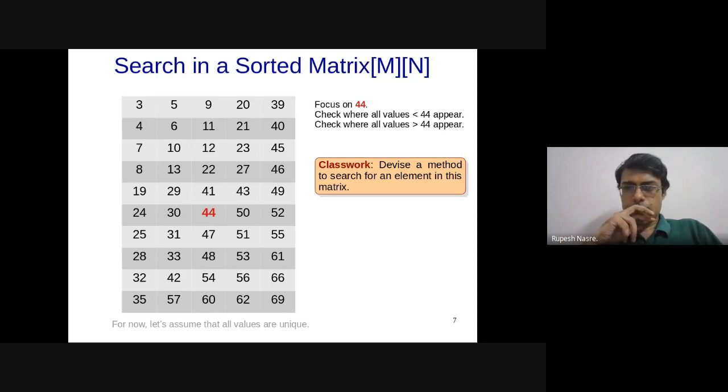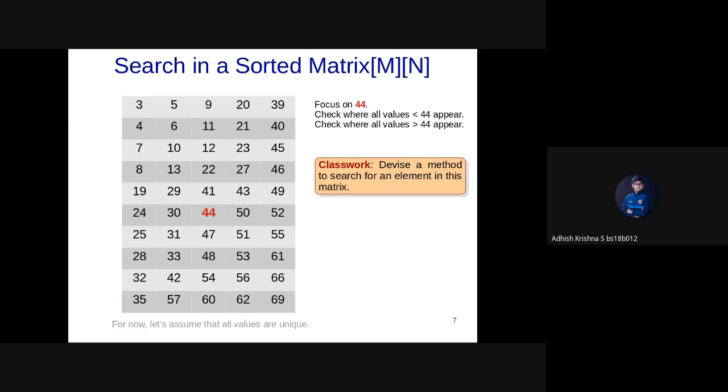Sir, we can move one step to either of the 2 axes, and from there we can check whether the number is greater or lesser than the number we have to find. And from there we can eliminate another quadrant. So for example, if we go to 50, now 49 is less than 50.